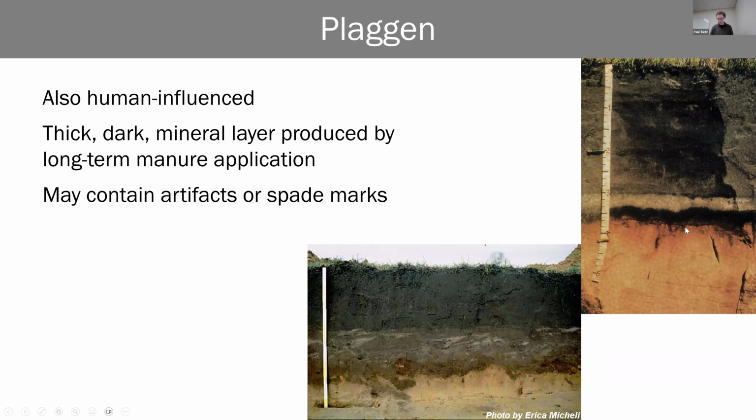I think these slashes or dark streaks at the bottom are described as spade marks in the soil profile. It could contain artifacts because of artificial influence here, but the history of agriculture and of long-term manure applications has to be so long that it's more on a European time scale of agriculture rather than the US. Although we might have a 200 plus year history of agriculture in the US, that's not long enough to form one of these mineral plaggen,